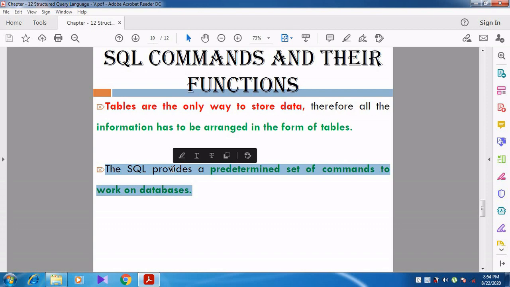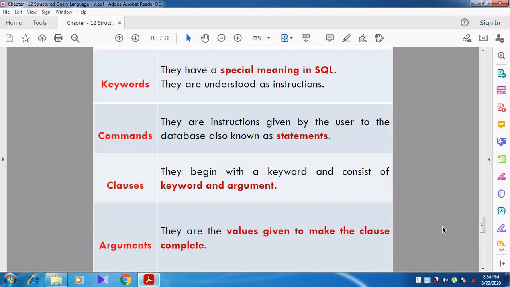Like in C++ there are several syntax, procedures and keywords used for programming, in SQL also there are several commands used to work in SQL databases. Those are called a predetermined set of commands.